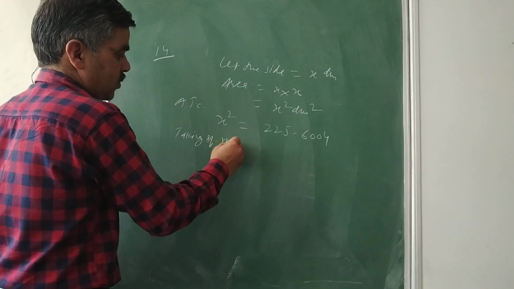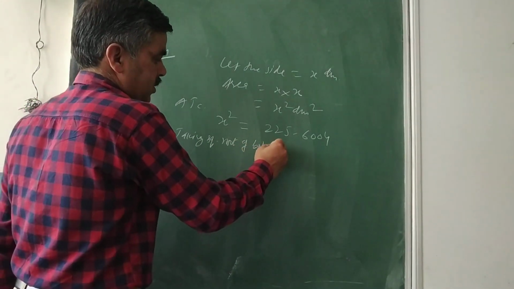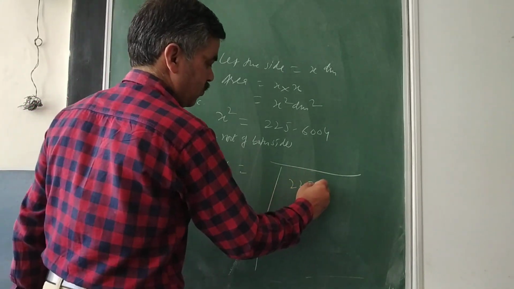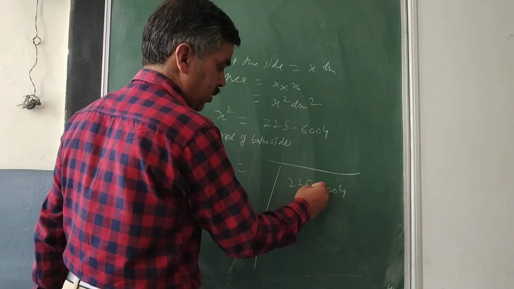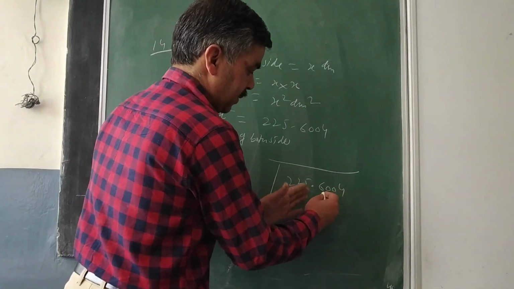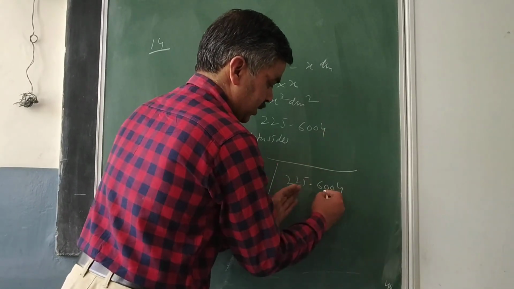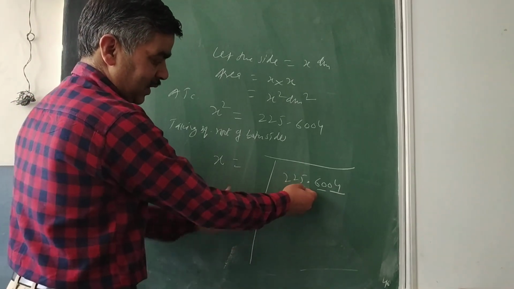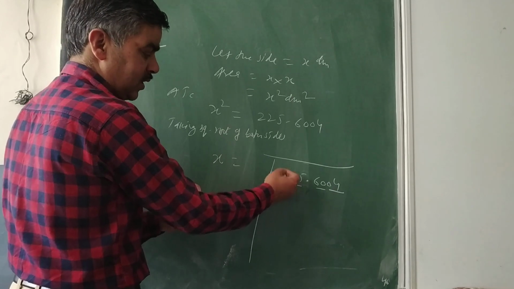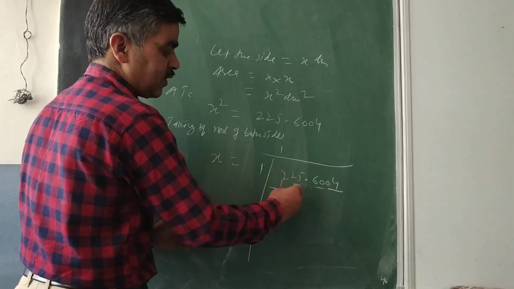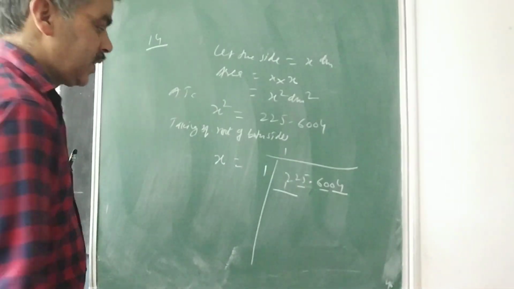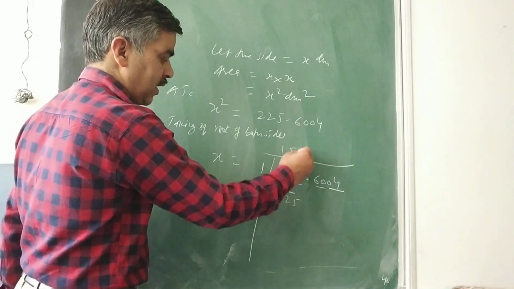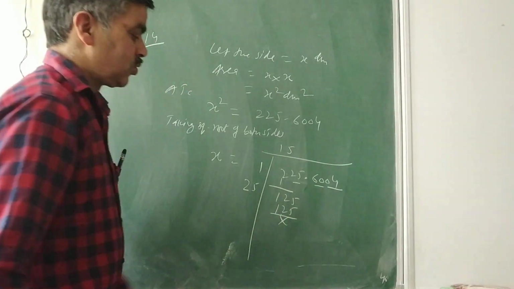Taking the square root of both sides, you will get x here and the square root of 225.6004. So I told you, after the decimal you have to make the pairs from left to right. So one pair is 60 and another pair is 04. Before the decimal you have to make the pairs from right to left. So 2 will be left alone. 2 2s are 4, 1 1s are 1. You have to read the tables in square. So 2 minus 1 is 1. This is 125. Double of 1 is 2. Then here it is 5. 125, this is gone. So note this step very carefully.